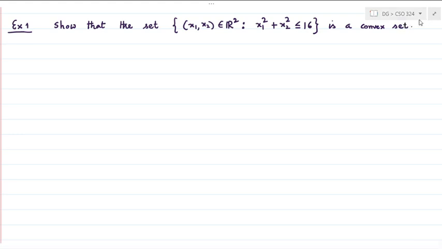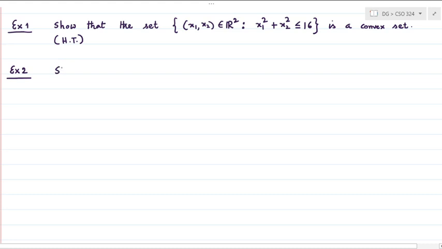Algebraically, by that I mean you take a pair of points and then with the algebraic expression lambda x1 plus 1 minus lambda x2, you prove that the convex combination of x1, x2 is indeed inside of this set. How can you prove this? Well, let me keep this part also as a home task. You will play with this algebraic expression, convex combination. But let me neatly show the following, which is a little bit more difficult than example 1. So let me consider a parabolic region,